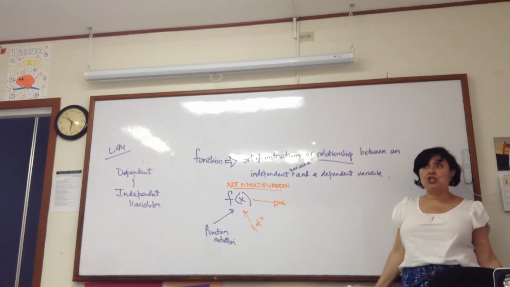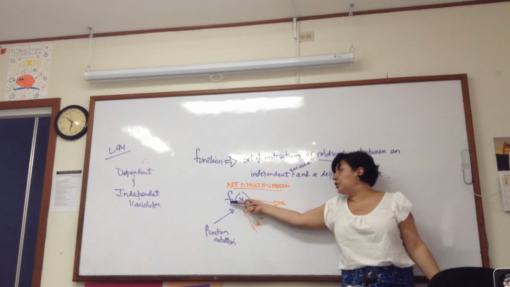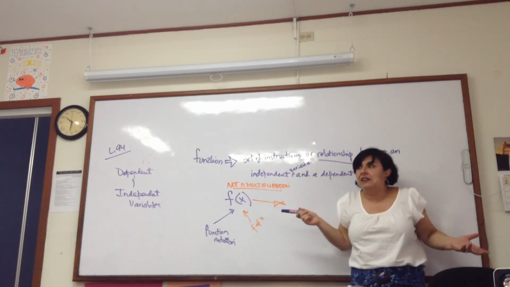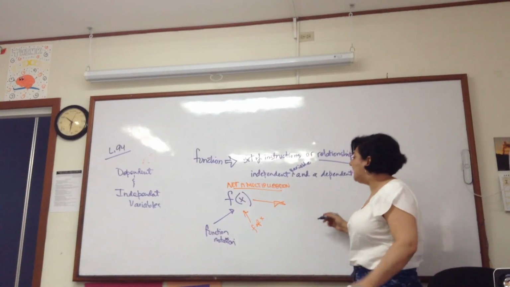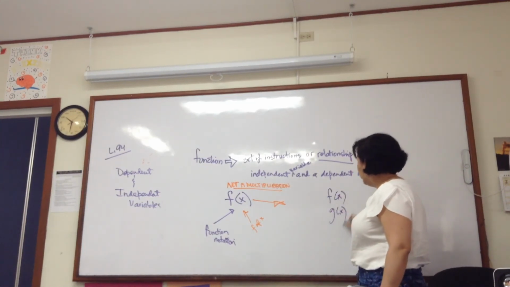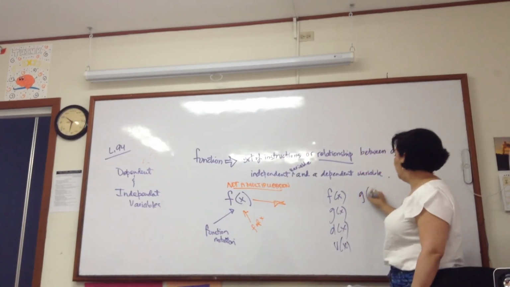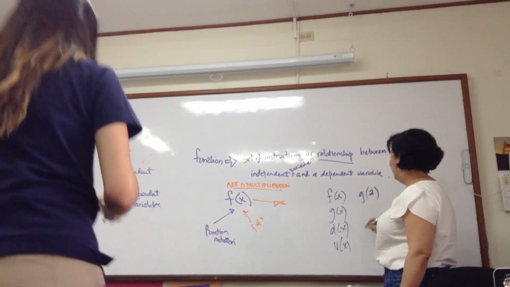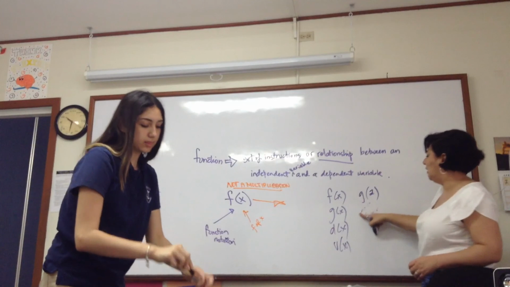Because the set of instructions isn't there. It's just telling me that the function depends on x, but it doesn't tell me what that dependence is. But f of x, or g of x, or d of x, or v of x, or g of z, or y of x, or x of y,